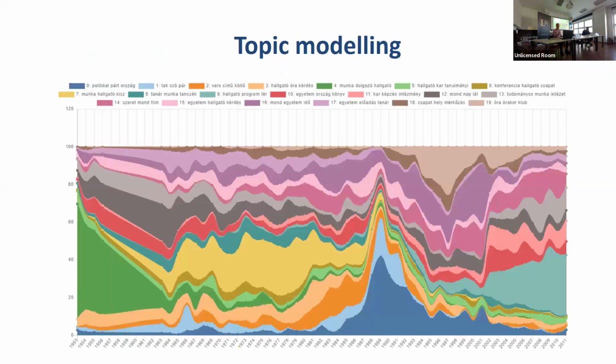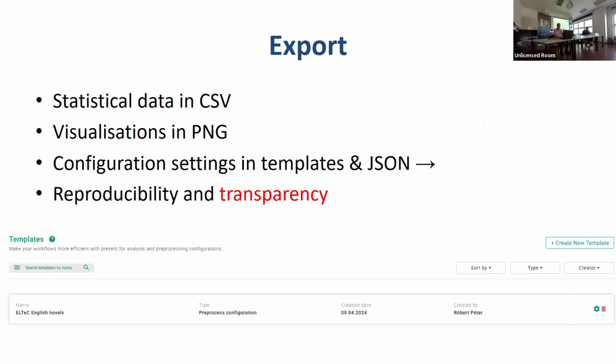And there is a topic modeling function. I don't have time, unfortunately, to introduce it. It has 9 parameters, and it's a long-running job, topic modeling of a long Hungarian journal, but there are several other ways of visualizing topic modeling.